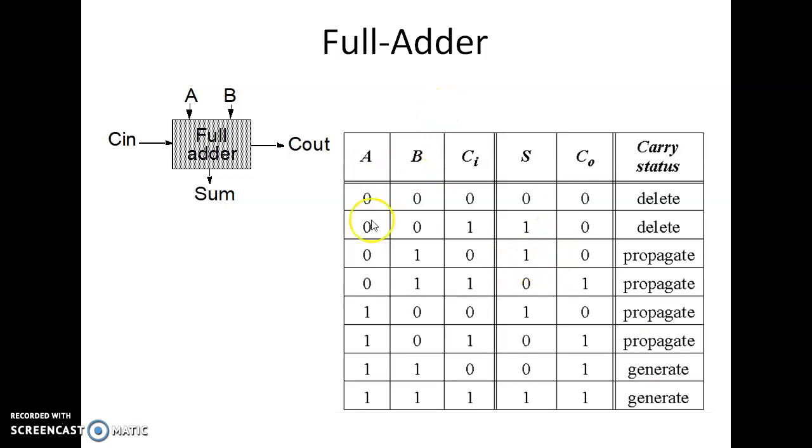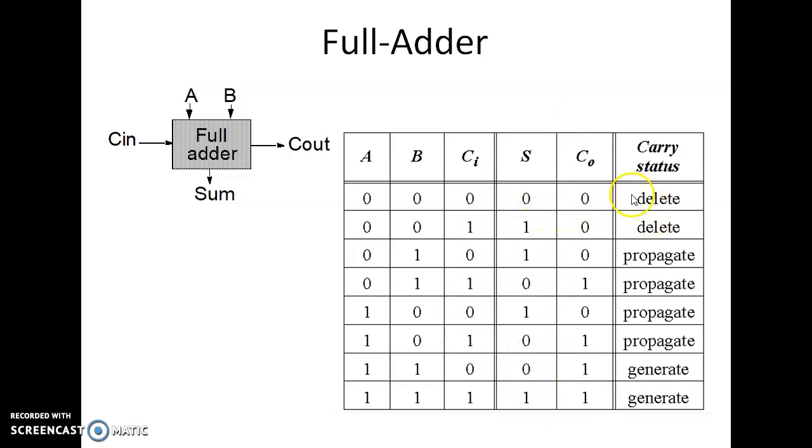So we know the truth table of the full adder. First of all, we know what a full adder is. A, B and the previous carry, these three are the inputs to the full adder, so that we get the output sum and the carry. Whenever we add 0 plus 0 plus 0, we get sum 0, carry 0. Similarly, 0 plus 0 plus 1 gives sum 1 with carry 0. Likewise, 1 plus 1 gives 0 with a carry 1. And 0 added to 1 gives 1 with a carry 1. So this is the addition.